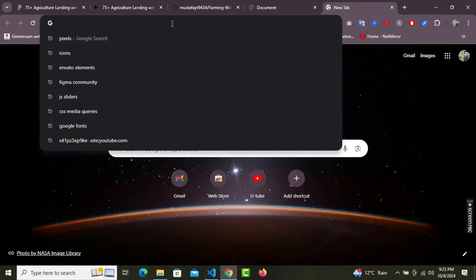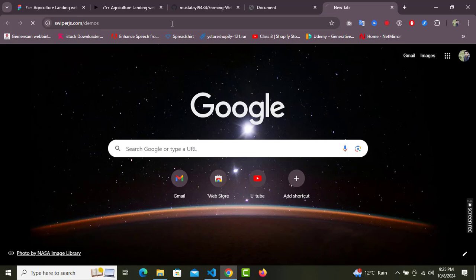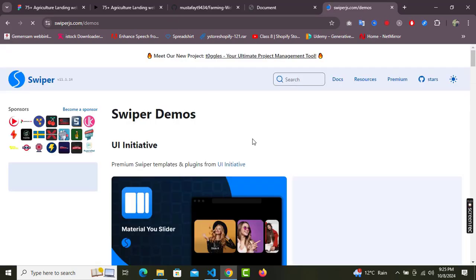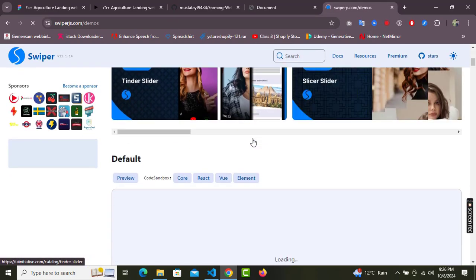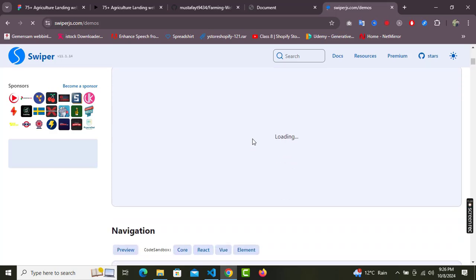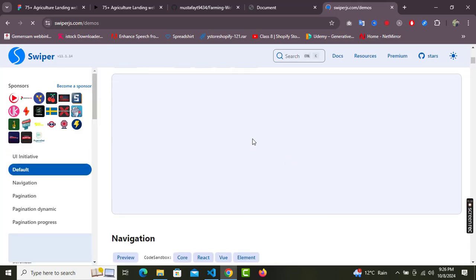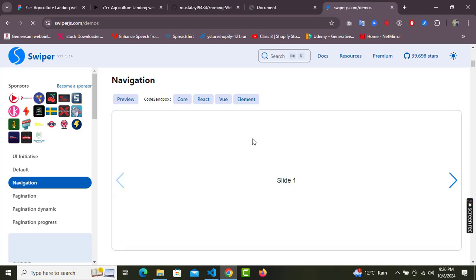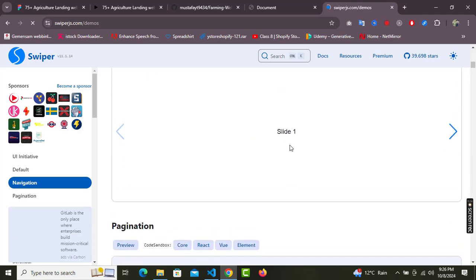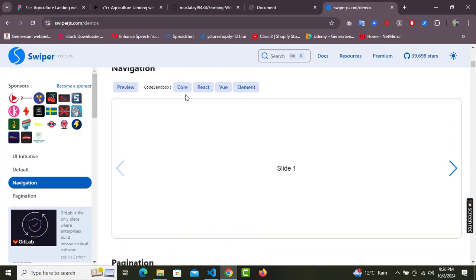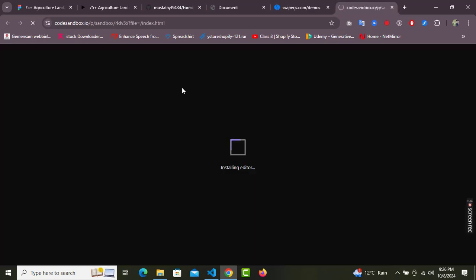And now it's time to implement a JavaScript slider, and we will be using Swiper.js. So if I can go up to the demos, and you guys will see a default navigation. Do I need to use this navigation? I will click on core. It will open up the code,